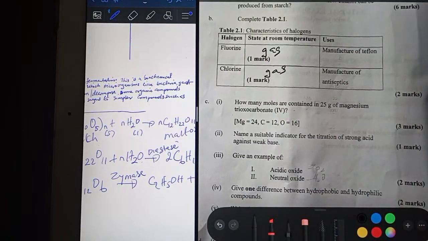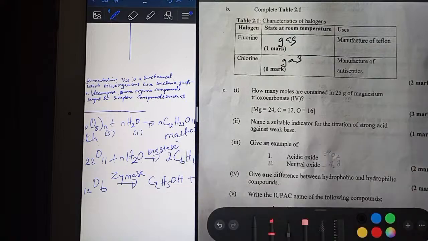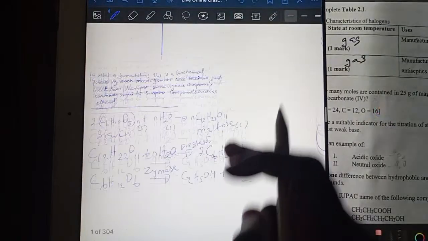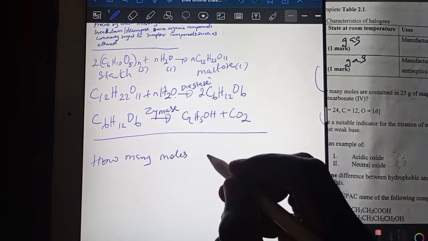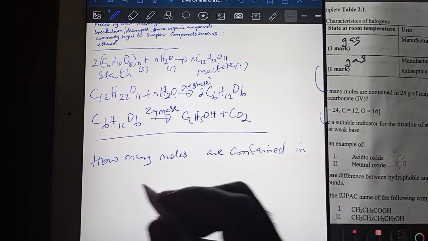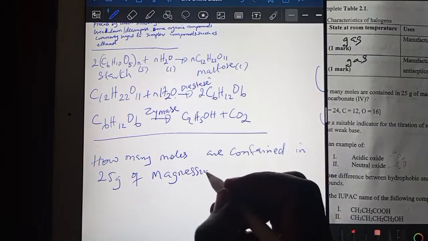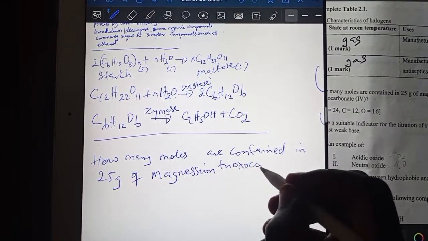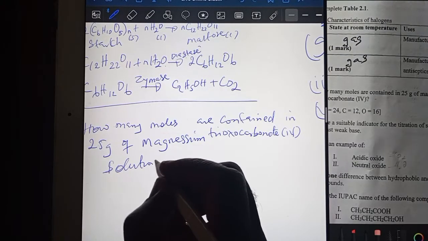So we have: how many moles are contained in 25 grams of magnesium carbonate? To solve this, maybe you have to simply find the molar mass of magnesium carbonate, right? And the molar mass, they say how many moles are contained in 25 grams of magnesium carbonate. The formula is